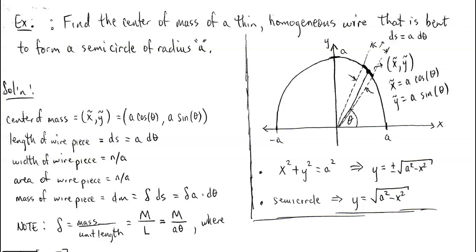So this is technically a one-dimensional type of example, but because of the fact that I have a little bit of trig in it, I waited till the very end of this video series to go over it. So we have a thin wire that has uniform density throughout, and it's bent like a semicircle. And we want to find the center of mass for this particular